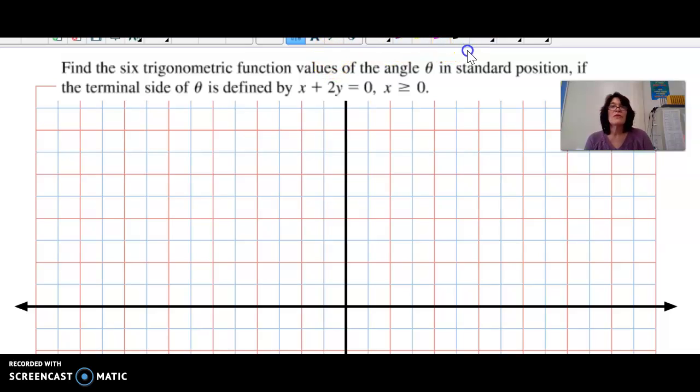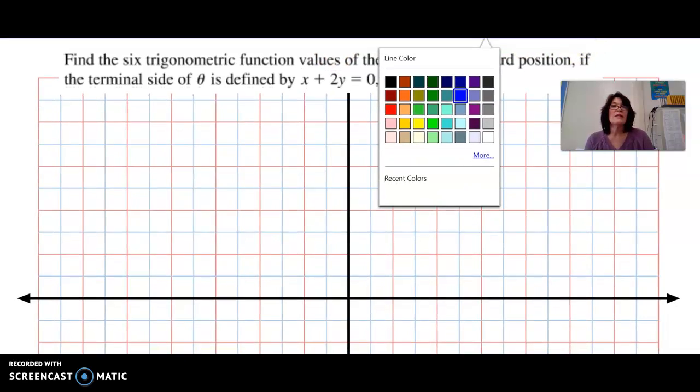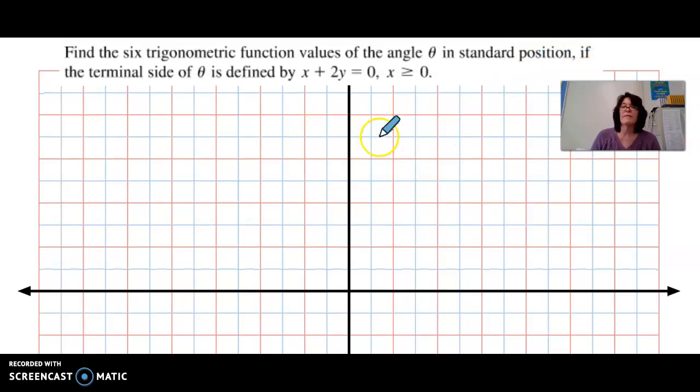Okay, guys, this is part 2. We left off right here with this problem. So I'm not sure how far you got. It's kind of awkward. Once you see it done, it's not as bad. But last time we were given a point that our line was going through, and this time they're giving us a line. Find the six trig functions of the angle theta in standard position if the terminal side is defined